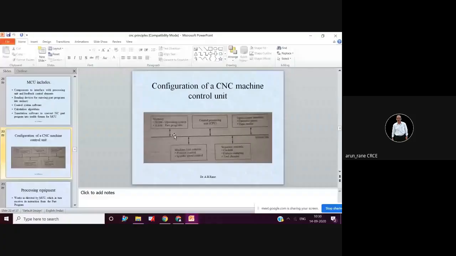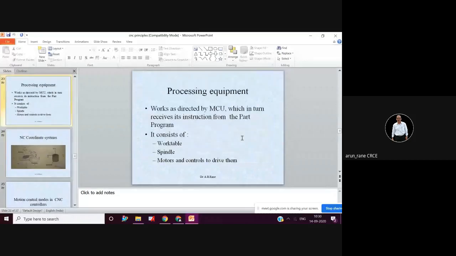Bunch of wire is called the bus. You may be familiar with the serial interface, serial bus, parallel interface.